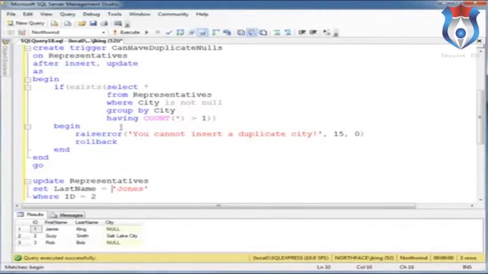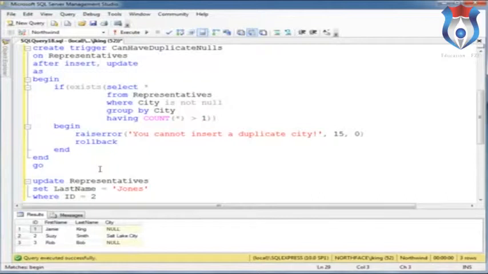But if we're doing a lot of updates and things like that, look at what's going on here. We're affecting the last name column. Okay, we're not even touching the city column. However, when I do this update, I said we need to run this trigger on an update. So this check will still execute, which in this case, on one record, is not a big deal. But if we were doing millions of records, say we're Amazon or some big site,